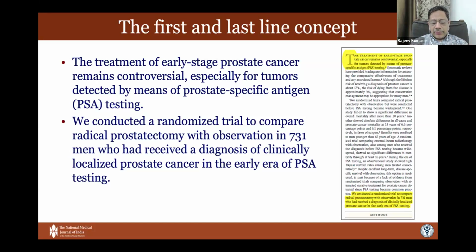So this says the early treatment of early stage prostate cancer detected through blood tests is unknown. We therefore did a trial comparing surgery versus no surgery for these patients. So known knowledge: prostate cancer can be detected through a blood test. Unknown knowledge: we do not know whether treating these patients with surgery improves survival. What am I going to do about it? I'm going to do a trial doing surgery versus observation to see whether the results are better. So if you cover these 3 points, your introduction is complete.